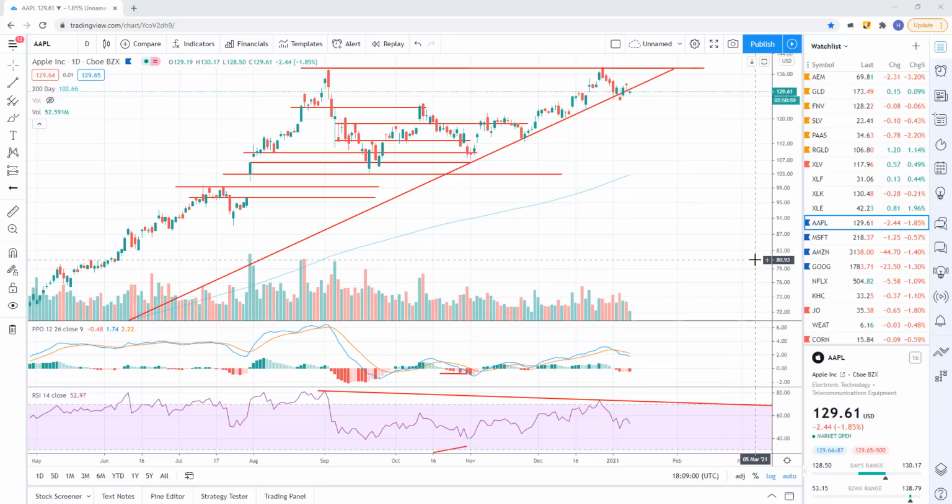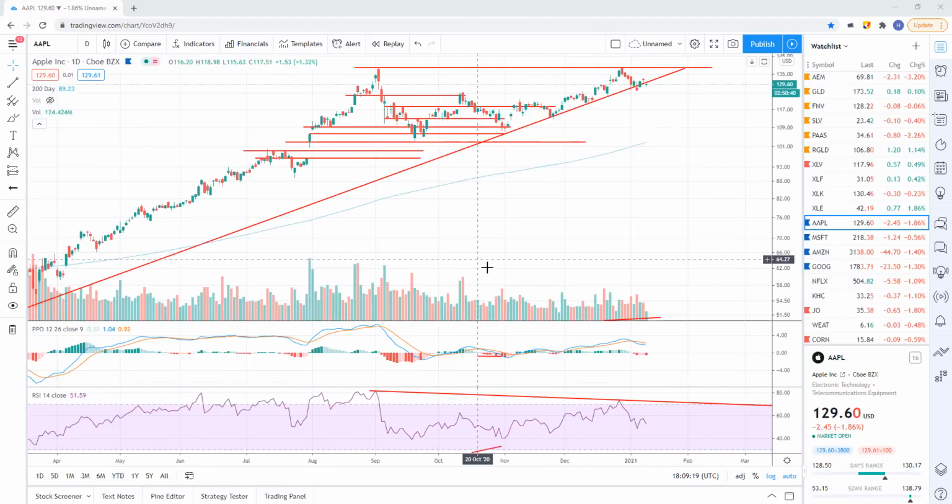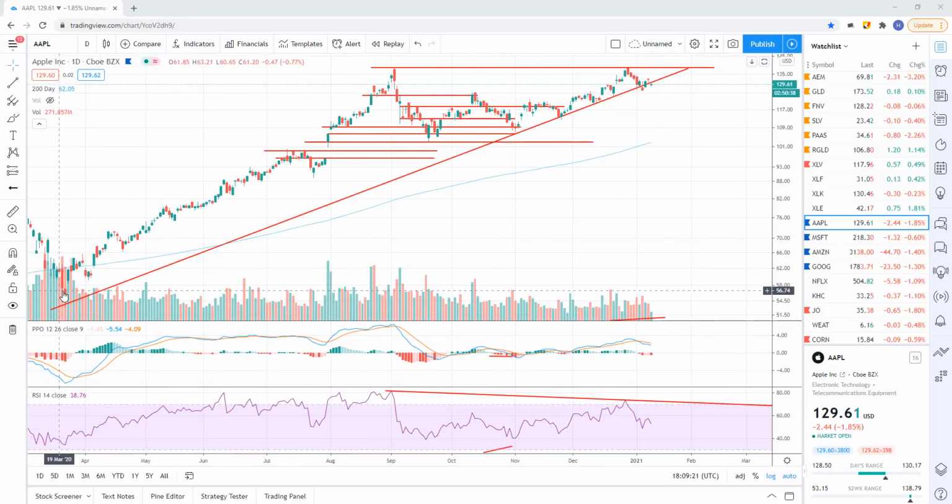Okay, watch these FANGs, because if the FANGs are moving up, the market's moving up. If the FANGs are moving down, the market's moving down. It doesn't really matter what the rest of the sectors are doing. These are the heavy hitters in the market. They control a big percentage of the S&P 500. So I don't see anything right now that's interesting, but just want to point out, you've got an uptrend line